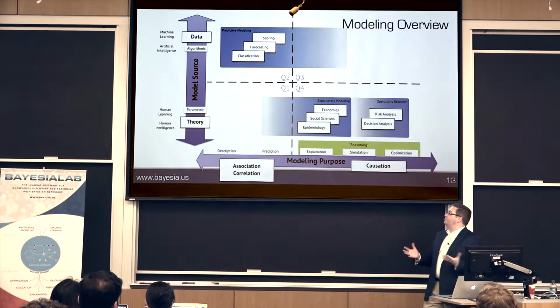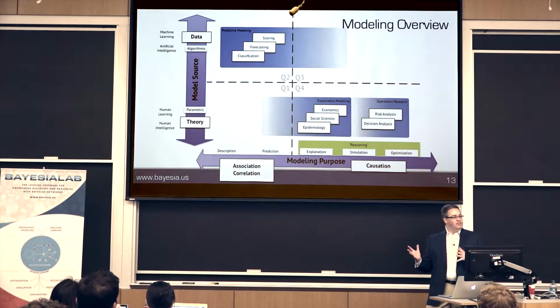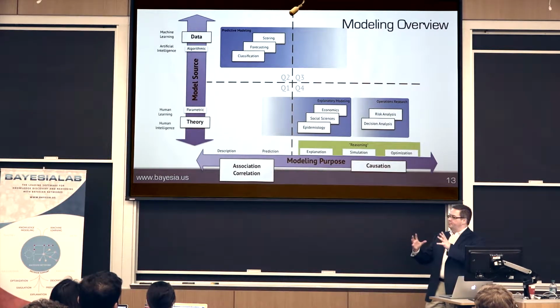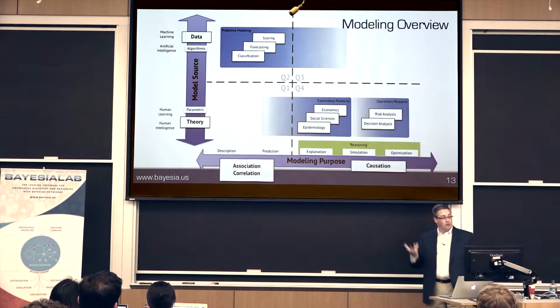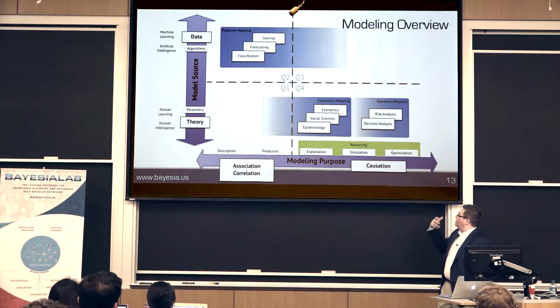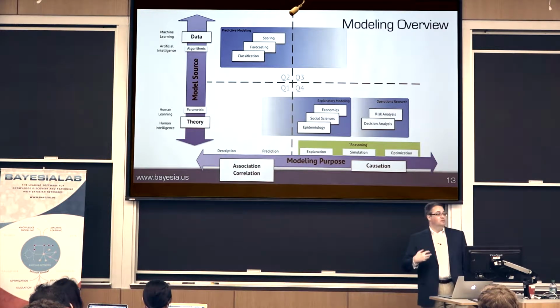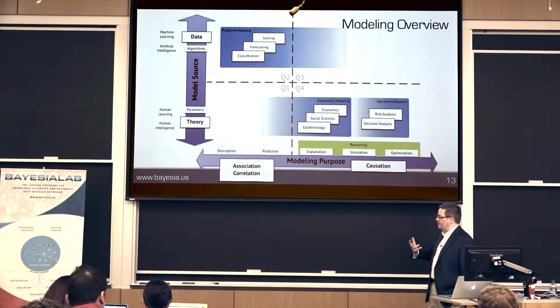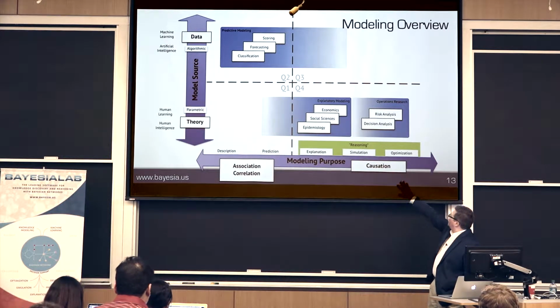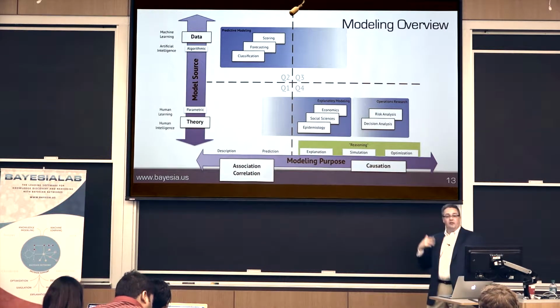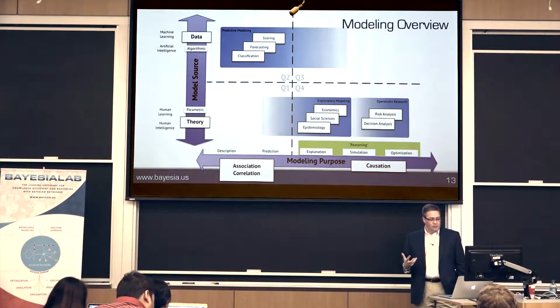And now if we look at existing fields of study, we can, for instance, position the social sciences, economics, epidemiology. We could put those in the lower right-hand quadrant. They're usually based on theory, and in those fields we're often interested in causation and how things happen, how interventions will happen, etc. As we then go further to the right, there we have the fields of operations research, where